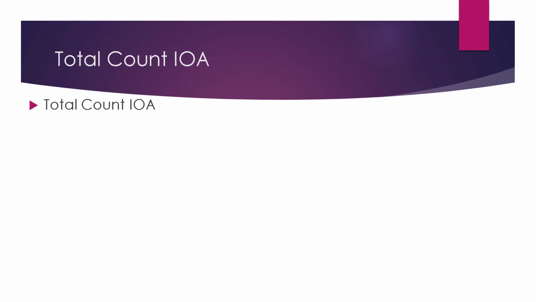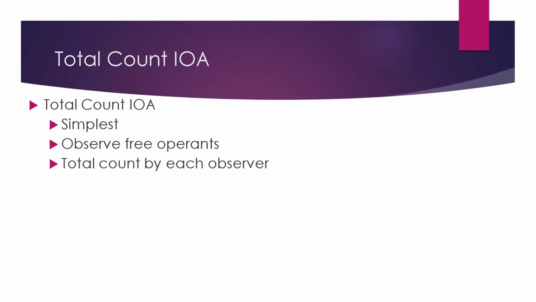Total count IOA is the simplest measure of IOA for data obtained by event recording. It compares the total count recorded by each observer per measurement period. Total count IOA is calculated by dividing one observer's data by another's data and multiplying by 100 to obtain a